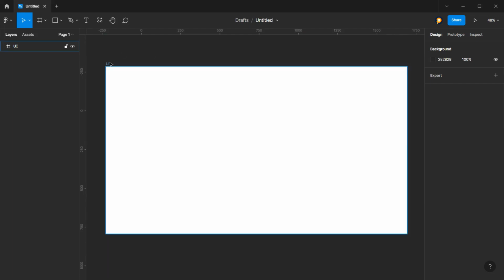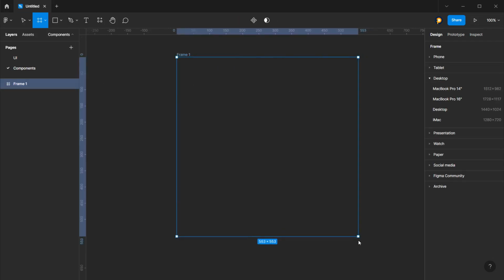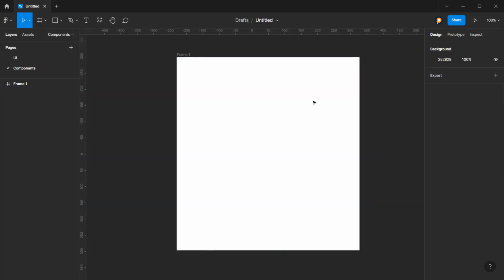We need to make components. For that we can choose another page. I will name this one UI, and we'll create a new page and rename it to components. And let's take a frame here, and the size actually doesn't matter here. So what we can do is that we can